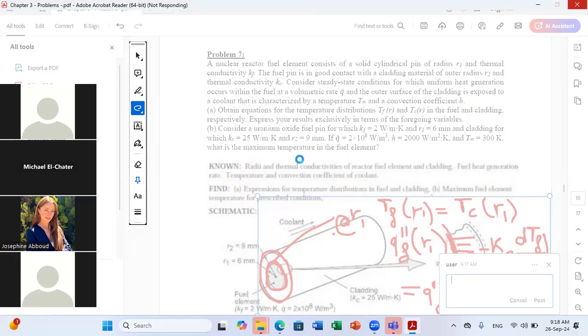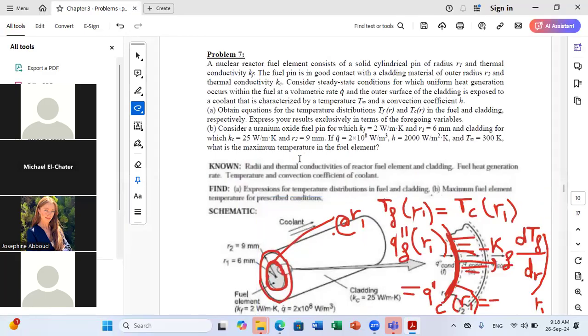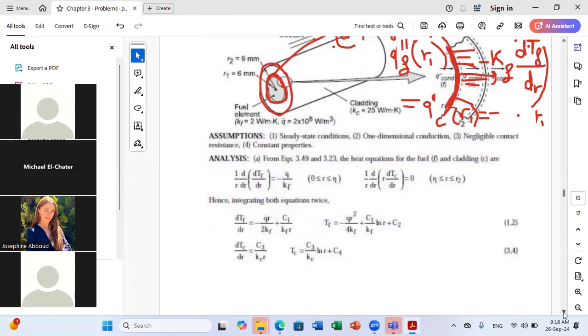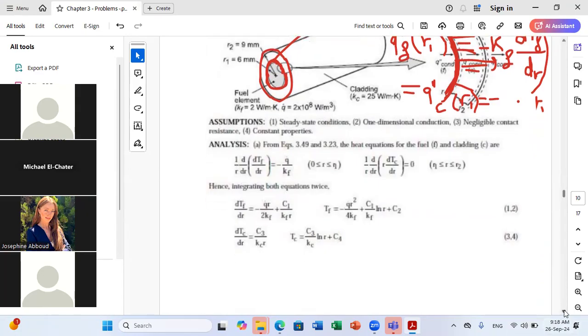Now we have to write other equations because we have several unknowns. How many unknowns do we have here? We have two materials. In the fuel element, you already have C1 and C2. And in the annulus material, you have two other unknown constants, C3 and C4. So in total, you have to solve for 4 unknowns, and because you have 4 unknowns, you need to write 4 equations. We have already considered the 2 continuity equations. We still need to consider in each material